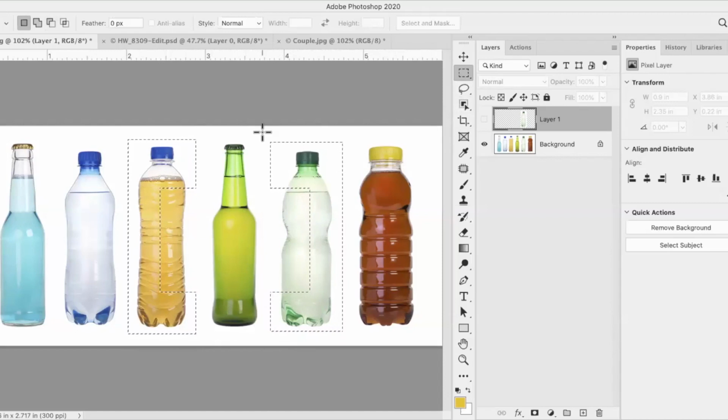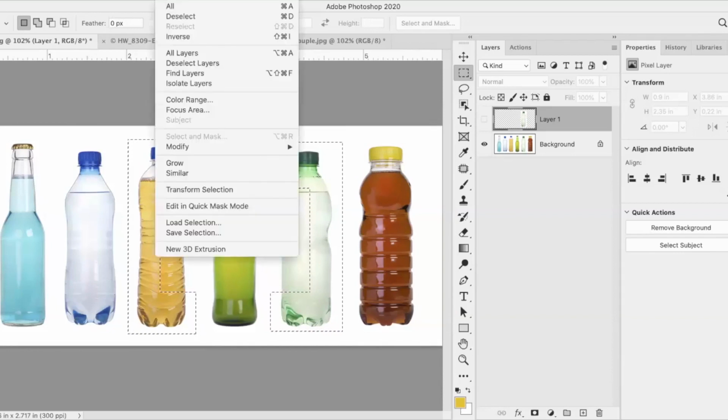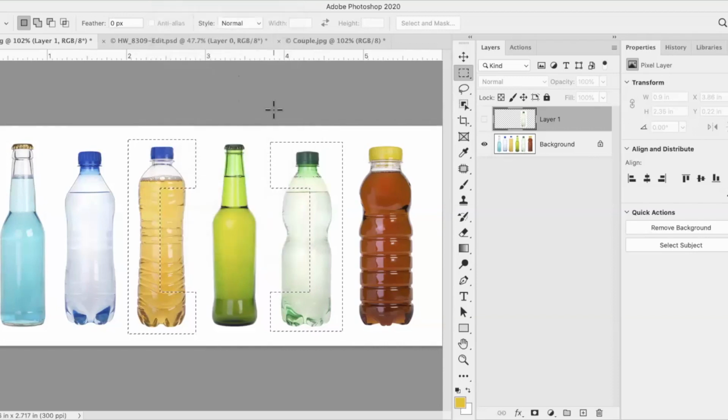Now to deselect, when you have marching ants this way, you can either click away from it, just click somewhere else, or up on the menu on top where it says Select, if you hold the Select menu down, we have a Deselect. And the shortcut for that is Command or Control D, and it will deselect your selection. Okay,